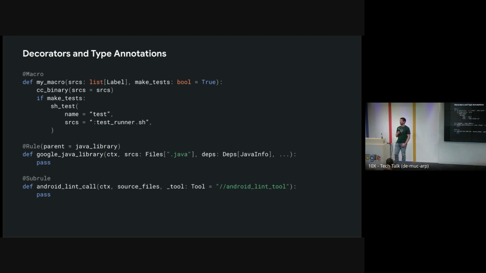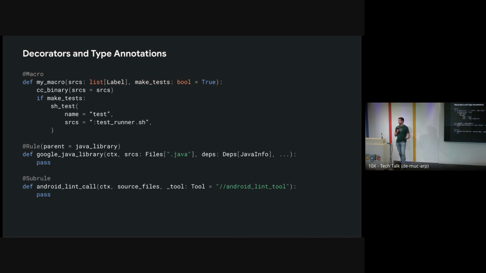I have a question regarding rules extension. Is the functionality only limited to adding additional providers, or can you also invoke additional actions? You can add actions. We have a big discussion on whether you should return all of the providers in the same shape from the parent rule, or whether there is another way to meet the is-a relationship.